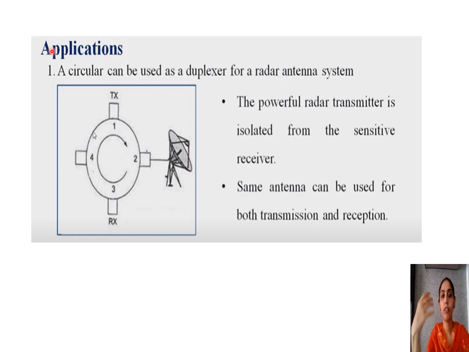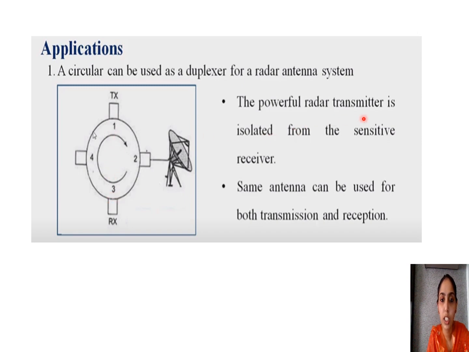So circulator will find many applications. For example, in case of a radar antenna system, it can be used as a duplexer. So from the working principle of circulator, here this is a 4-port circulator. We know the signal can propagate only in a circular manner, either in, say, clockwise or anti-clockwise. So the radar antenna here is connected to the port 2. Obviously from port 2 we will be having linkage to port 1 and port 3, because if a signal is going to propagate, say, from port 1, it can travel to port 2, and from port 2 it can travel to port 3. So port 1 and port 3 will be, say, isolated ports.